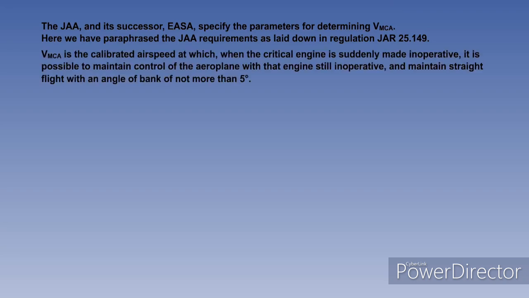VMCA is the calibrated airspeed at which, when the critical engine is suddenly made inoperative, it is possible to maintain control of the aeroplane with that engine still inoperative and maintain straight flight with an angle of bank of not more than 5 degrees. VMCA may not exceed 1.13 times the reference stall speed